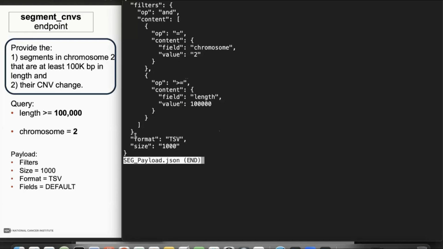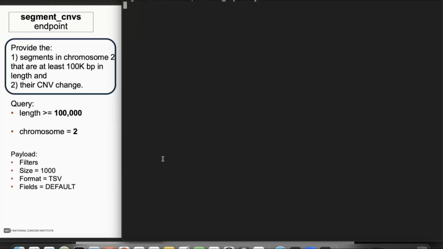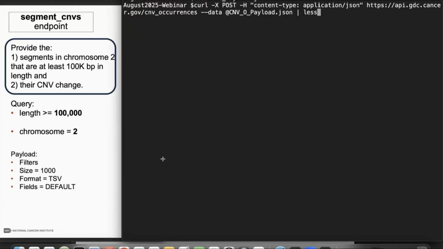And then format is TSV, and size is going to be 1,000. There are going to be more, but I limited us to 1,000 just so that we could look at the first 1,000, and it doesn't take too long. So let's go back to our query here, and first we're going to add our payload to this